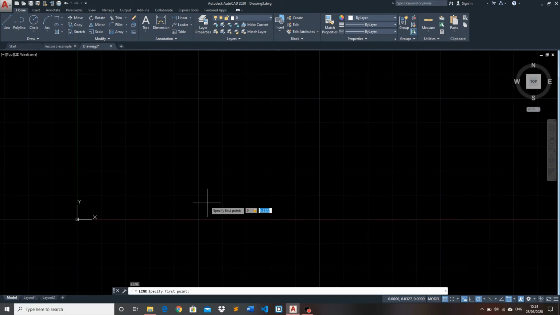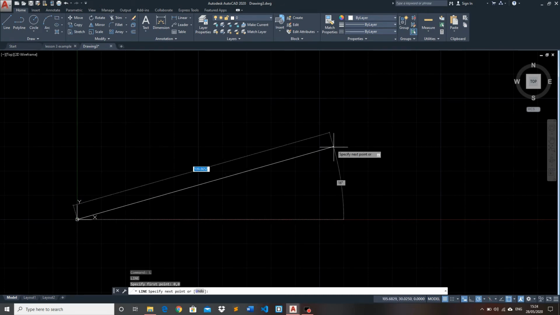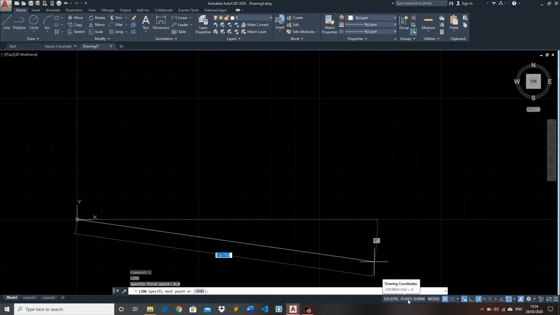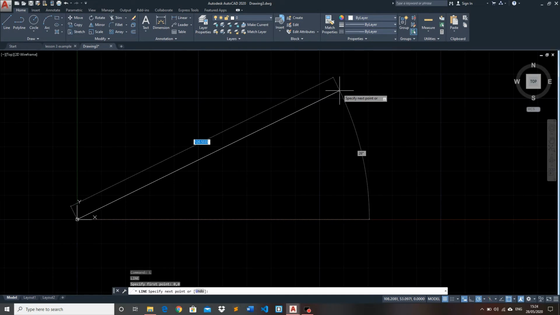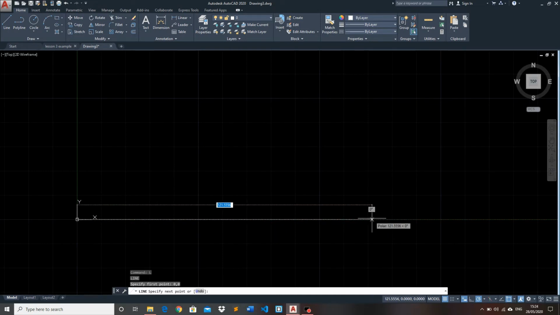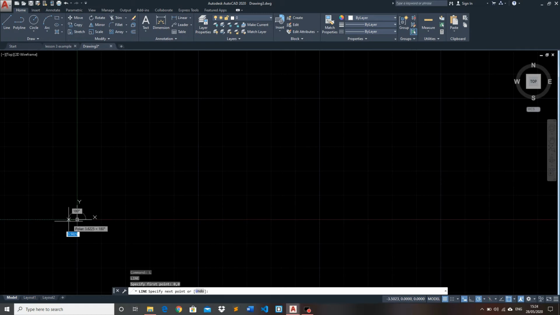So again, 0 and 0, click like this. Okay, to use the absolute coordinate, we'll consider this point as 0 and 0, and wherever you move you can use this thing to guide you. For example, this point, what is this point? 100 and 100 and whatever. Let me use, for example, this. For example, I want to create a line here from 0 0 to